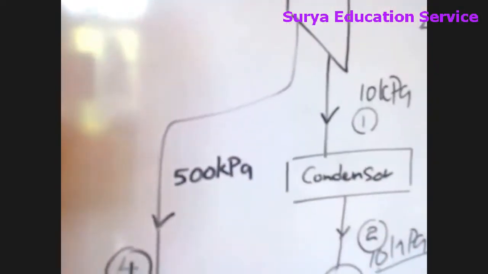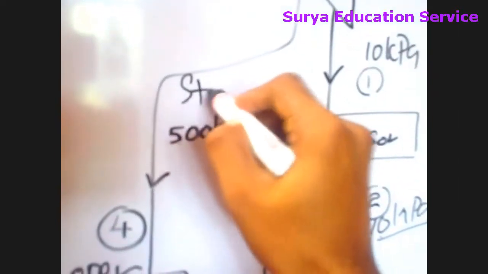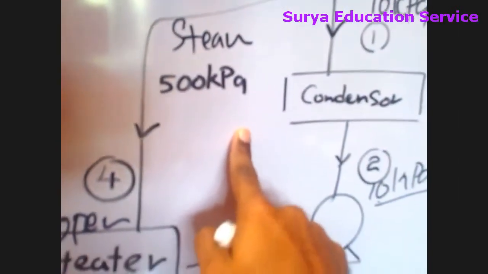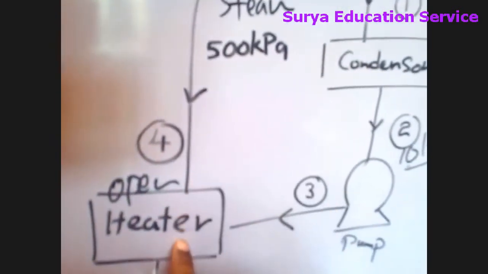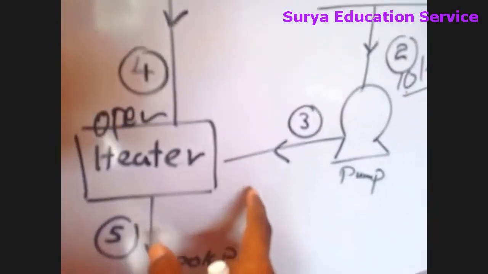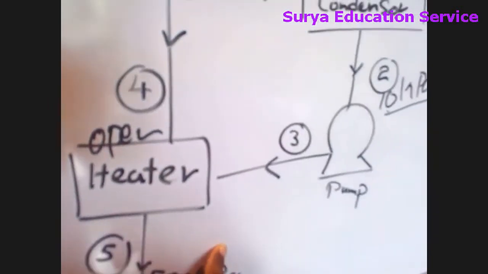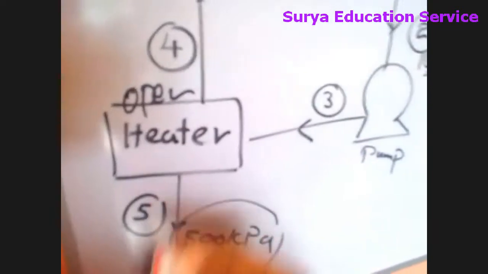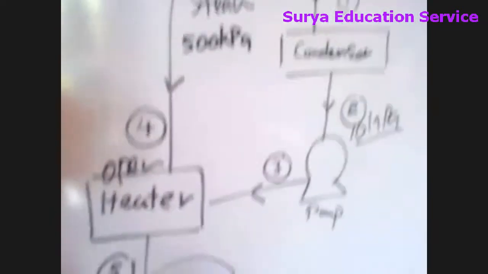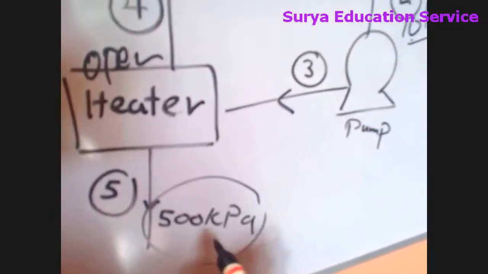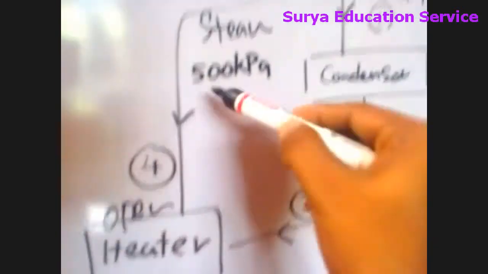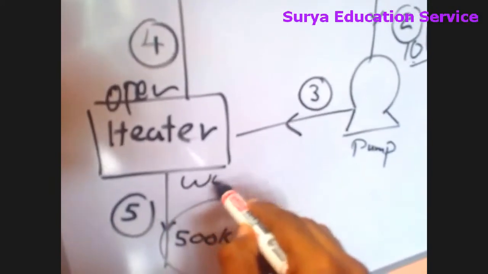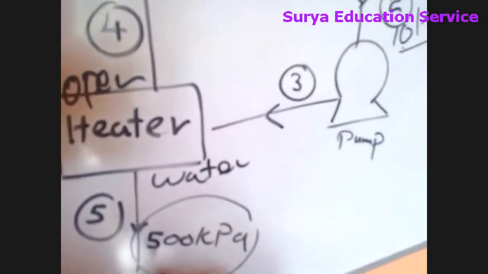Now say for this heater we are going to give some steam, or we can say some extracted steam, at 500 kPa, right? So we are giving that energy to the heater. After that heating process, what you will get is water, right? The pressure of that water is also the same as 500 kPa. After the heater process you will be getting water, and that water pressure is also the same as the source pressure. Source pressure means 500 kPa is the steam input. So after heating you will be getting water at 500 kPa.